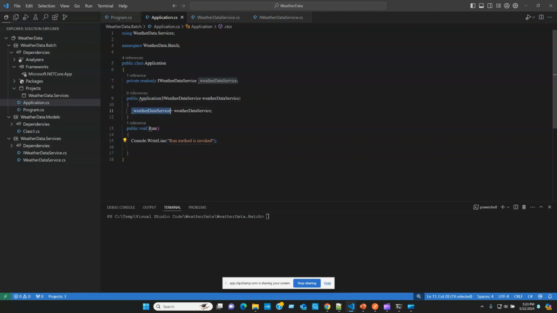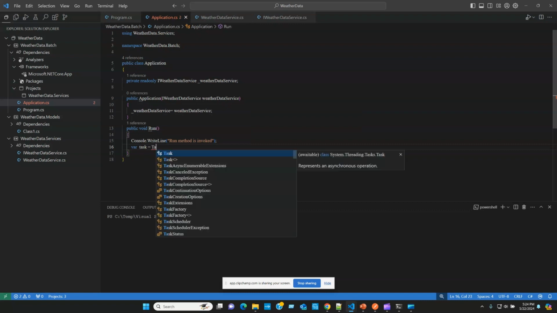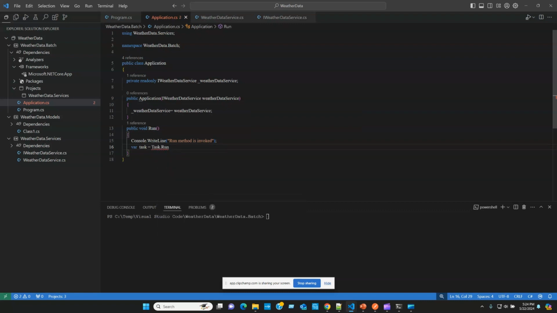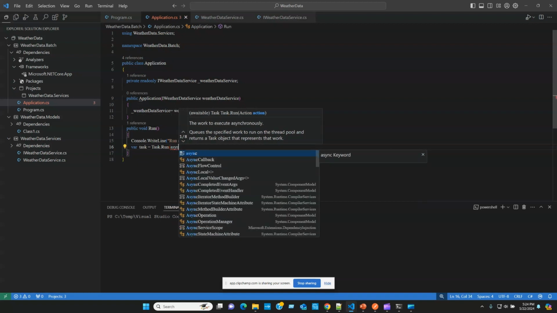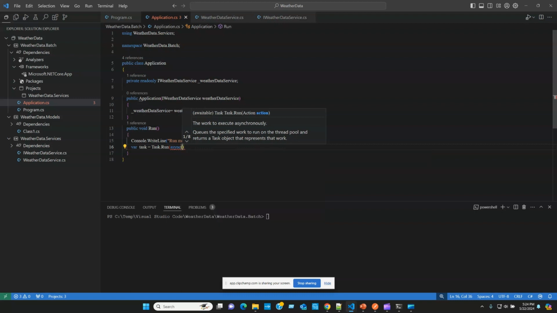We got an instance of the weather data service. We're going to invoke an async method, so we're going to use Task.Run. If you want to invoke an async method from a synchronous method, we have to use the syntax Task.Run. It should be async, and then use the lambda and then